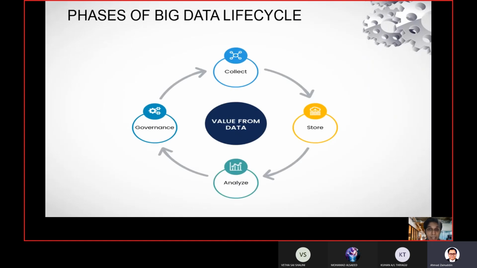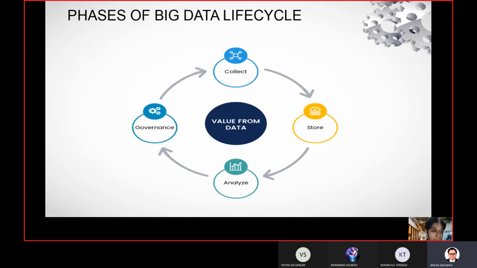Next one is phases of the big data lifecycle. First one is collection. Data is acquired from various sources in various formats such as structured, semi-structured, and unstructured during the data gathering phase. In an ideal world, big data security technology should be applied first and foremost to the data gathering phase of the life cycle. To ensure that this phase is properly guarded and protected, it is critical to collect reliable data.